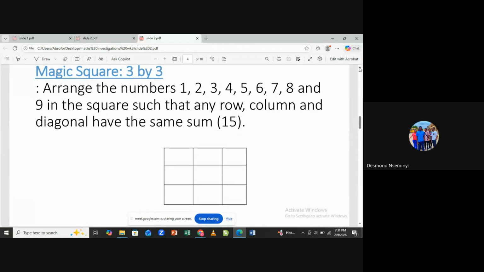6, 1, 8. First column is 276. Last column is 438. Good. Leading diagonal, I have 258. Other diagonal: